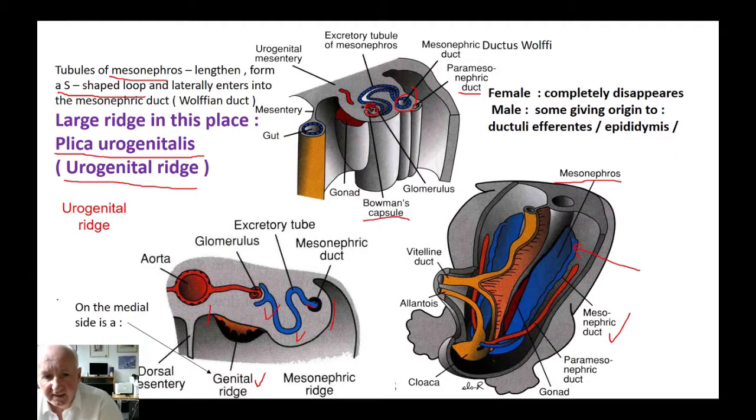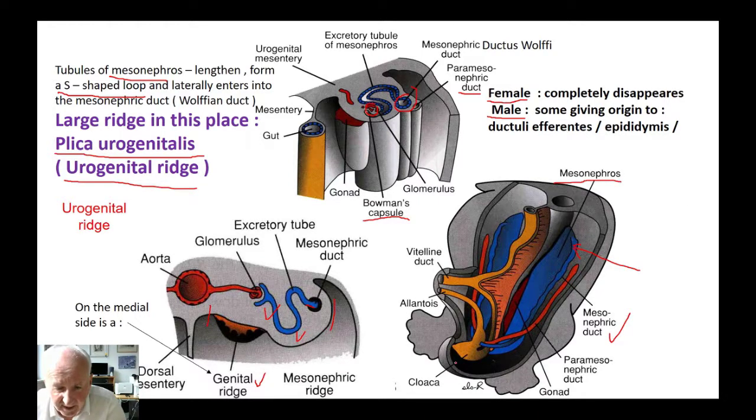So, we are moving to the second part here, that at the female completely disappears, and at a male you will see pictures in a few minutes when we are developing the testis and the epididymis, that we will need few, around 12 to 20